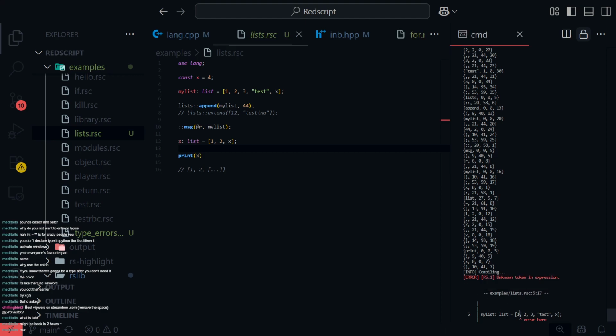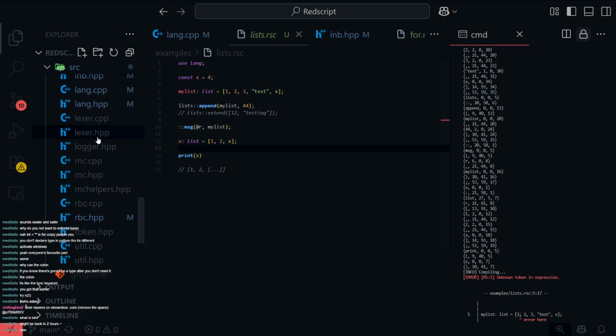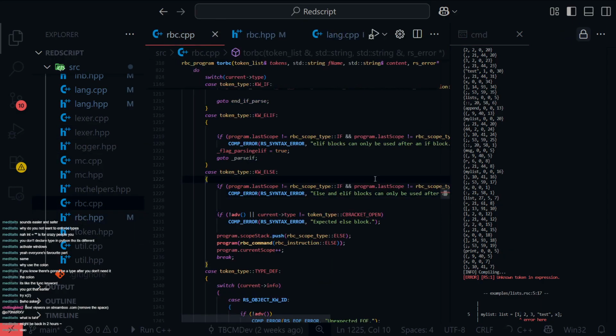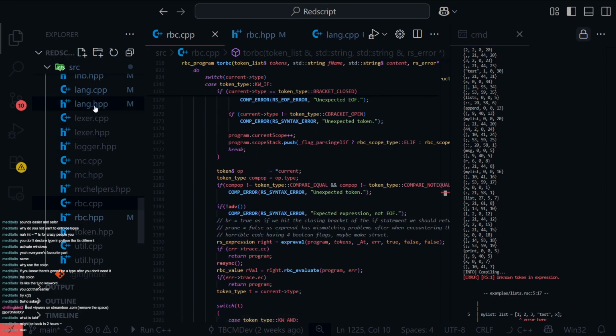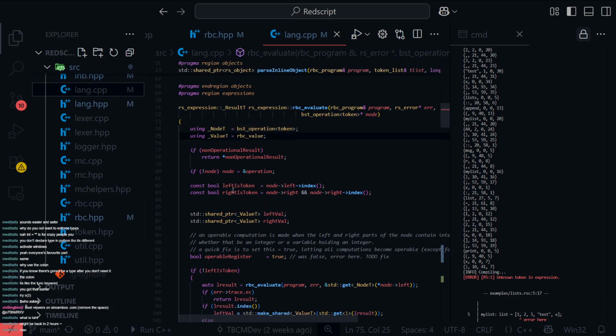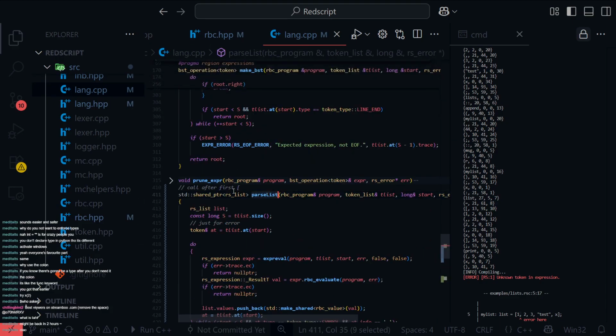So the comma, well, it doesn't like the comma, unfortunately. So what we're going to have to do is go into Lang, and parse lists,